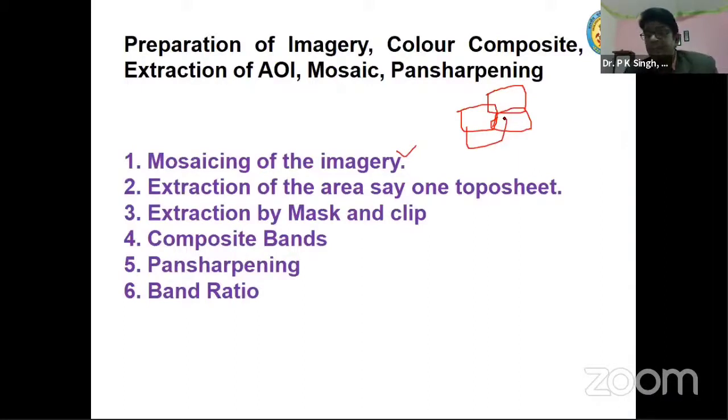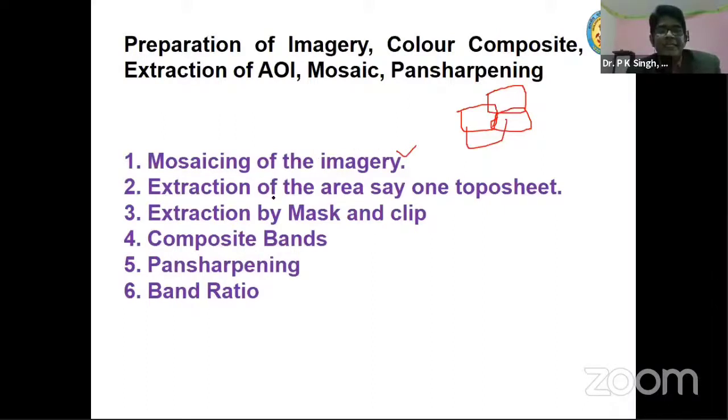One good thing is that if you are doing these things in ArcGIS, you will know exactly what you are doing and which data you are using. So basic concept is required there. Though basic concept is required everywhere, here you have to do many things manually. In specialized remote sensing softwares, it will be done automatically. You simply specify these are the different bands and I want this type of product. So you can choose any software.